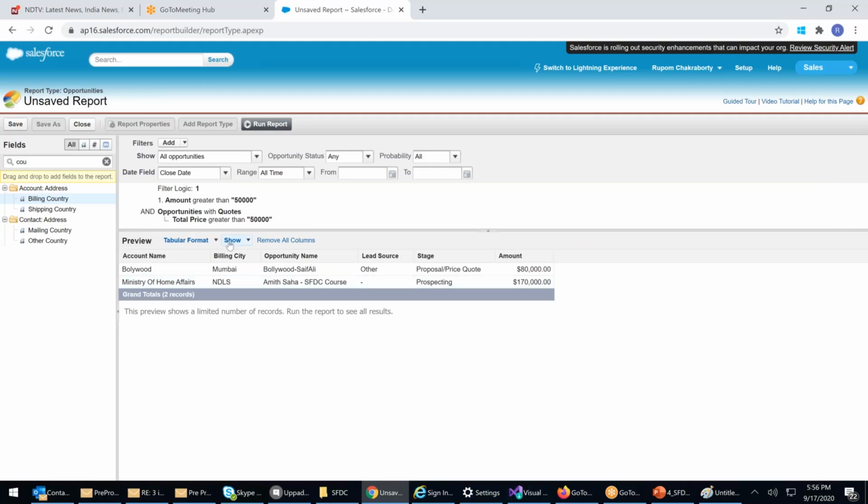There are only 2 opportunities where there is a quotation. Remaining all opportunities don't have a quotation. See, in opportunity, the amount should be greater than 50. In the quote also, I said that there should be a quotation existing. And that quotation should also be,